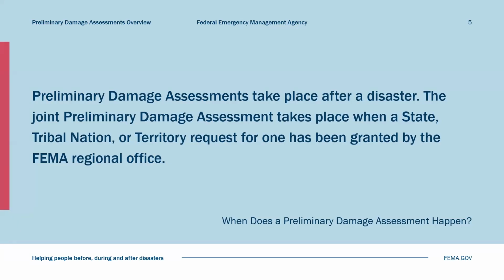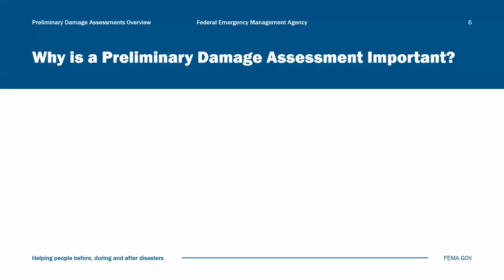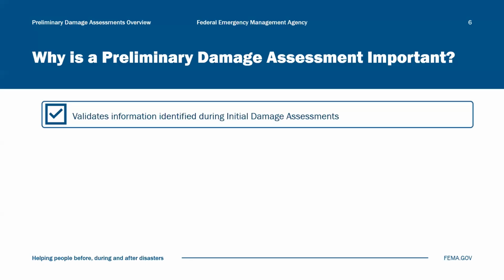A joint preliminary damage assessment is the coordinated effort by SLTT and federal authorities to validate damage data previously identified through the IDA by state, tribal nation, and local authorities to inform presidential disaster declaration requests and federal disaster grant determinations. The PDA process can help communities recover in the following ways: by validating information identified during the IDA,